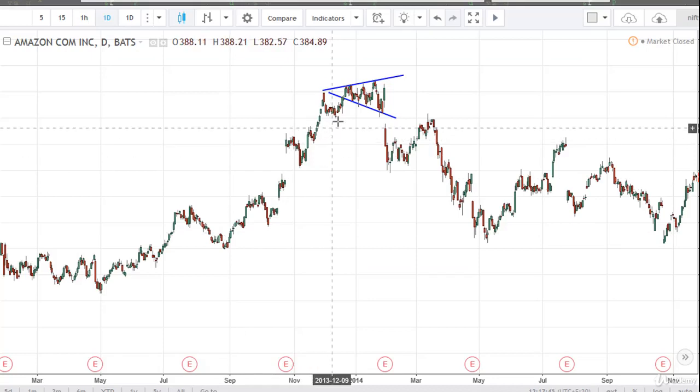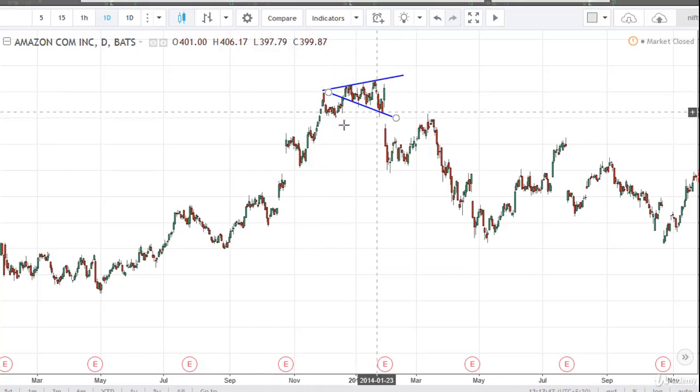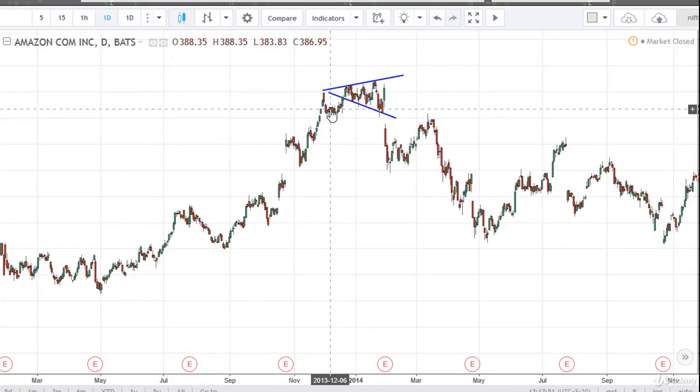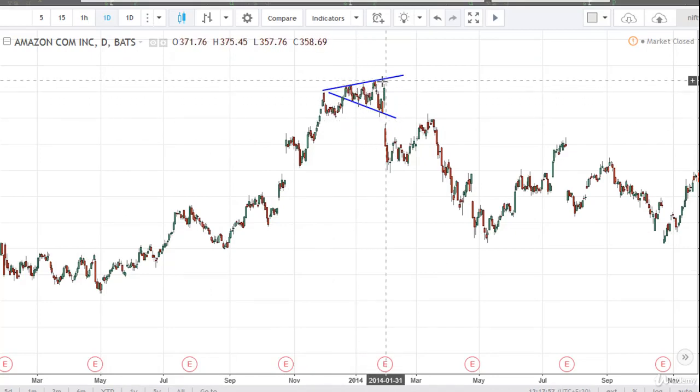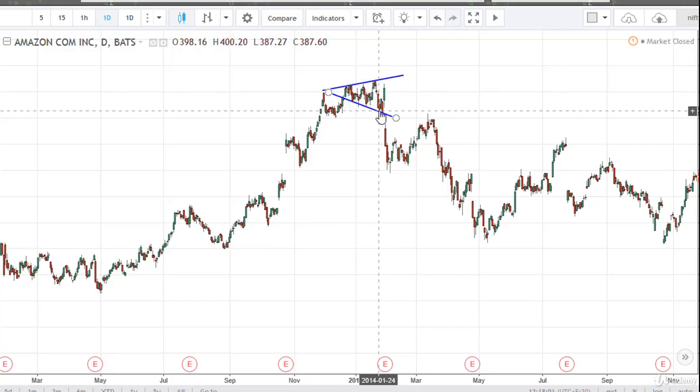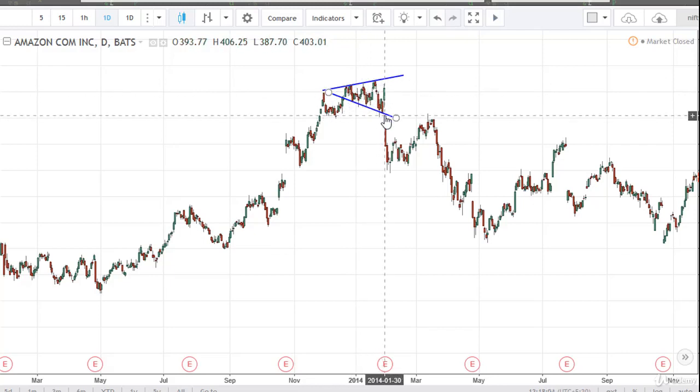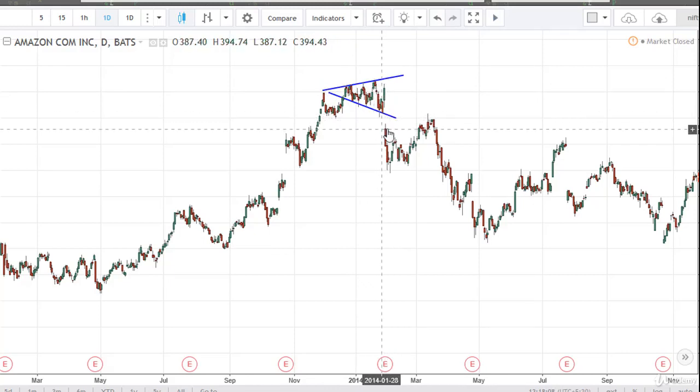Here the prices are in uptrend and we are getting a broadening triangle pattern at the top of the bull trend. As we can see, the peaks are higher than the other peak and they are making lower bottoms. We get a breakout at this lower trend line with a gap. Here in this example we are getting a gap with a higher volume. So at the starting of this red candle we can make our short sell position with the stop loss at the high of this last peak.